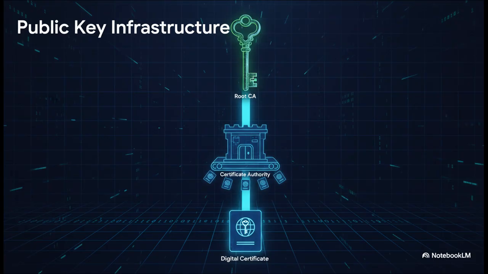And the best way to think about it is with a passport analogy. The digital certificate is the server's passport. It proves its identity. But a passport is only worth anything if it's issued by a government you trust, right? Well, that's what a certificate authority, or CA, is. They are the ultra-trusted passport offices of the internet. Your computer's operating system already has a built-in list of these trusted CAs. So when your browser sees a certificate, it follows the signatures all the way back to see if it comes from one of those trusted roots. That's the chain of trust.